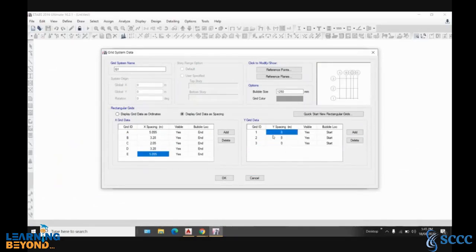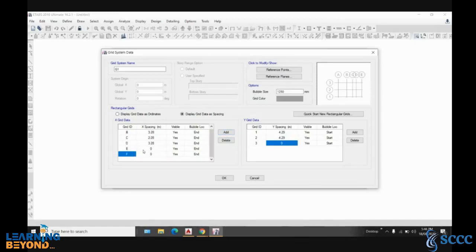Then 4.29, 4.29, and the third is 0. Then go to add F. E is 5.095.